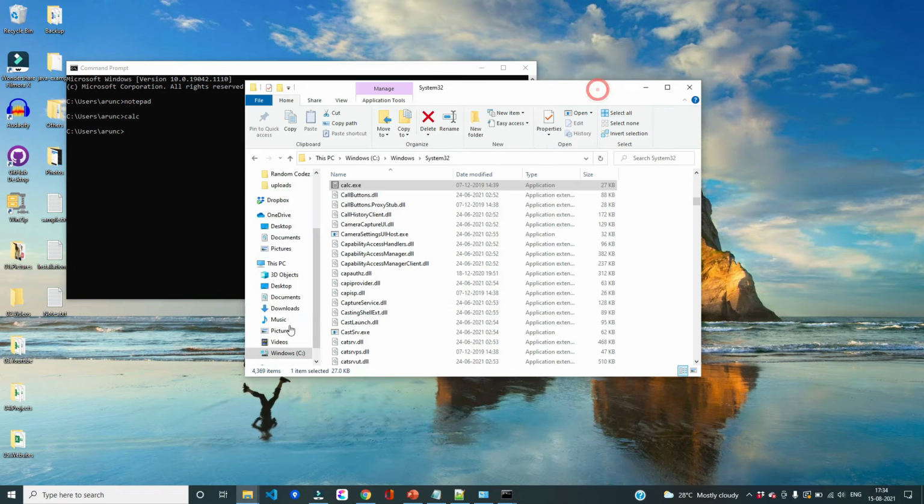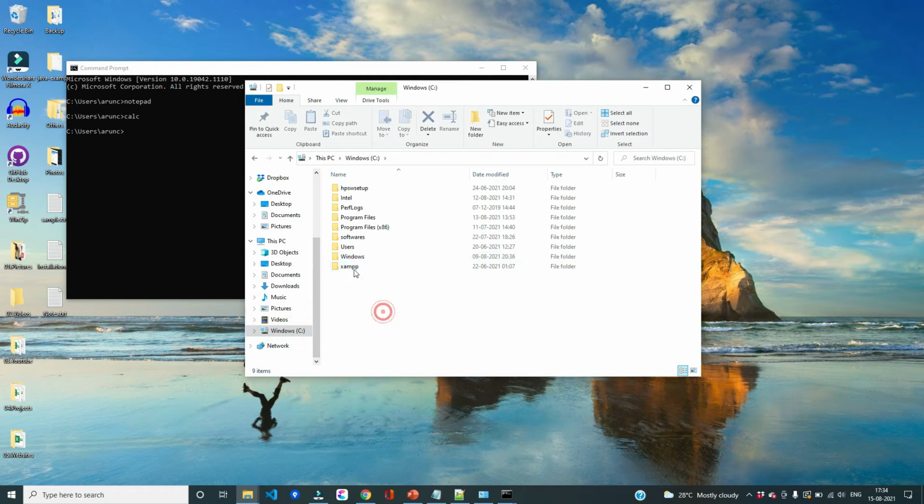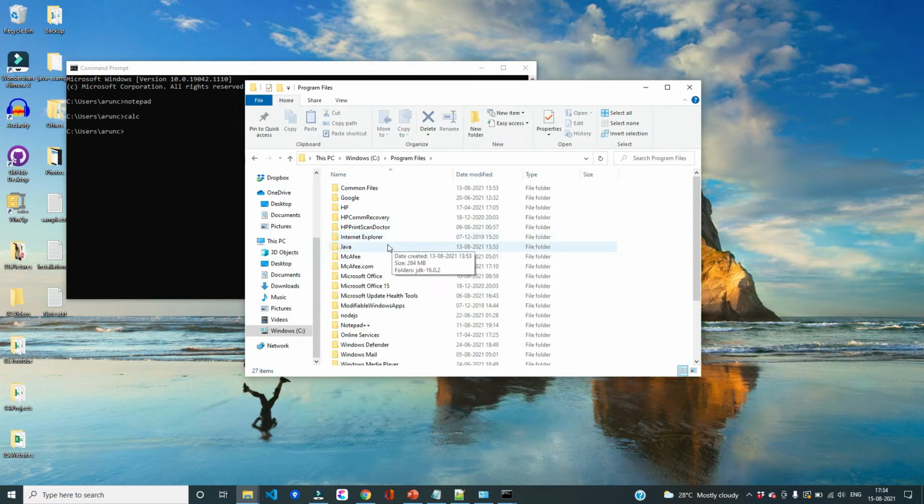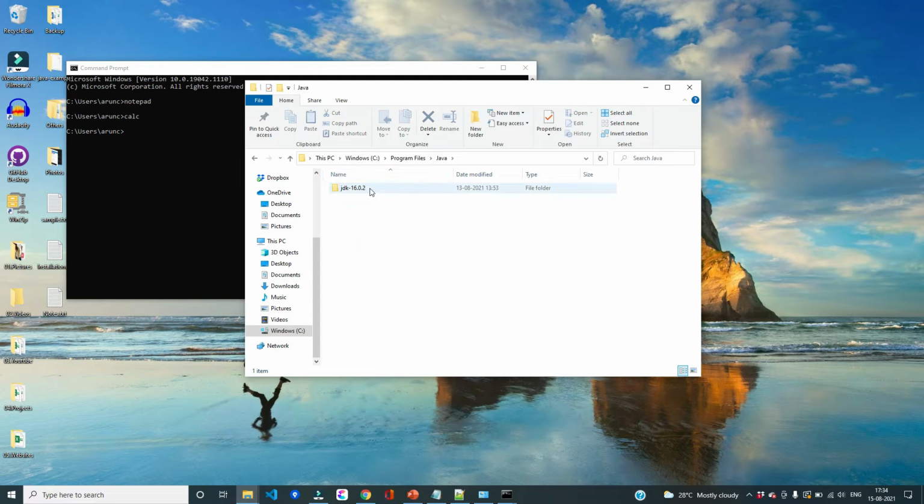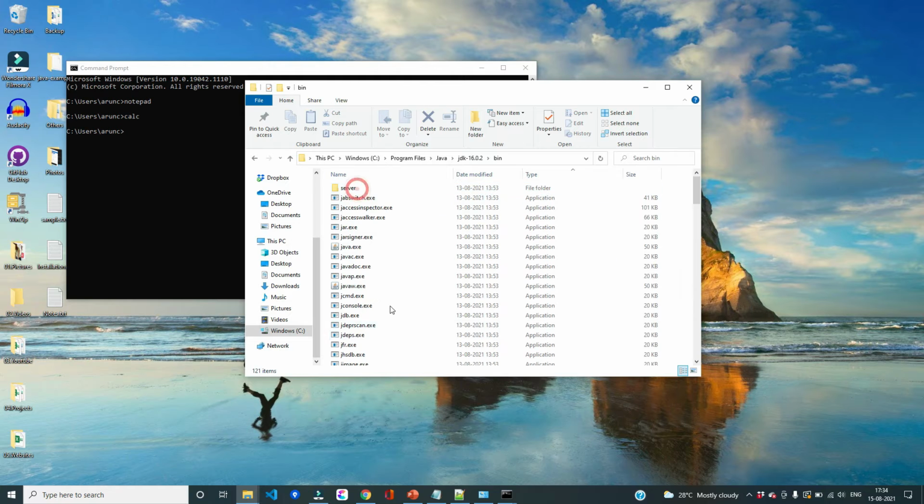In the similar fashion, if you look at the location of our JDK that we installed, let me find out the location. It's in Program Files, Java, JDK 16.0.2 and bin folder. So this is the folder where we have all the executable files for Java.